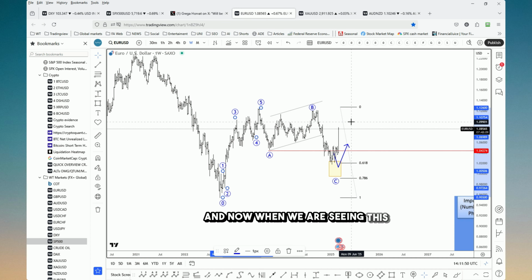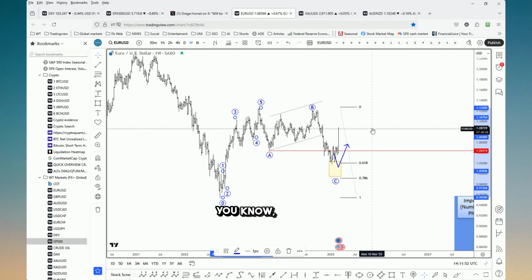And now we are seeing this very strong push to the upside as bonds are moving significantly lower. We had the ECB rate decision yesterday. They cut the rates. They said that next decisions will be data dependent, but somehow they sounded like they want to be on hold.